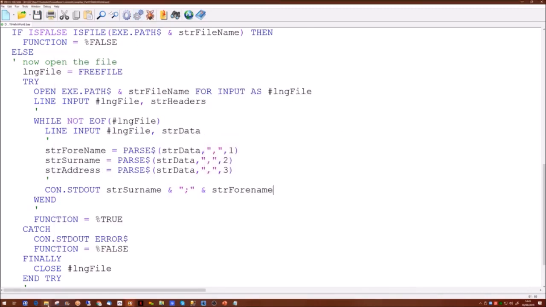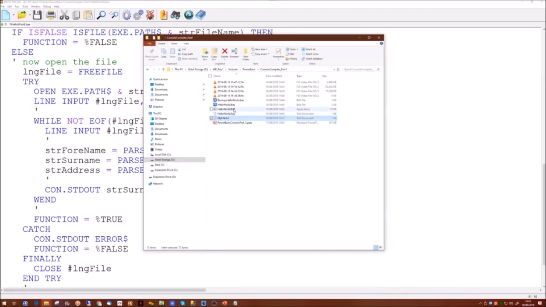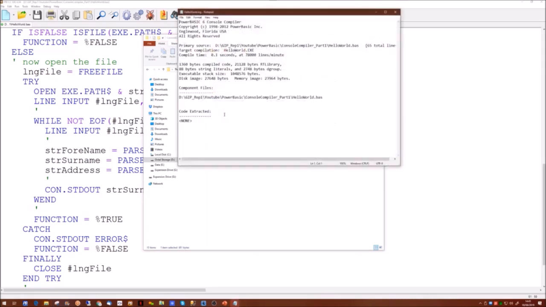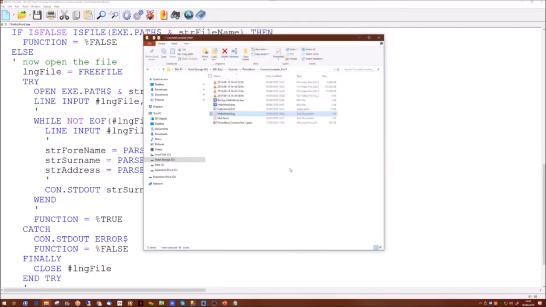Now, as you'll see with PowerBasic, it does produce very small executables. This executable we're doing is only 27K in size at the moment. And every time you compile a PowerBasic application, there's always a log file produced, and the log file tells you how long it took to compile, which is always very short, and what it's actually included. Now, we haven't included any libraries or anything, but the libraries will be part of the next video.